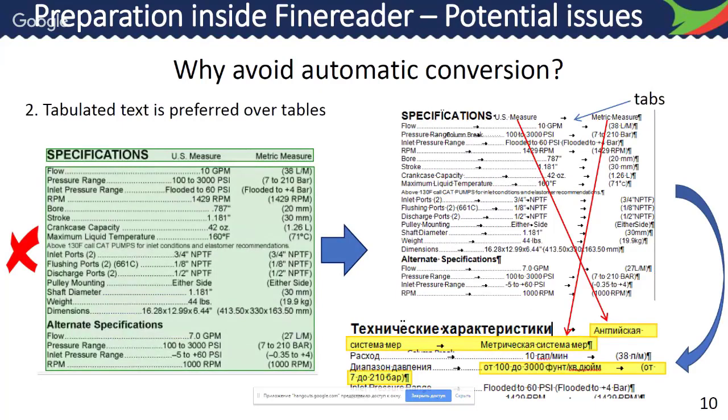Second, when there are many text columns and no visible table borders in the original file, Finereader often uses a single text area. In Word, this will be converted into text separated by tab characters. If you activate invisible symbols in Word, which I urge everyone to do when you perform document formatting, tabs look like arrows, and you can see them at top right. After translation, which you can see at bottom right, the text will often become misaligned.